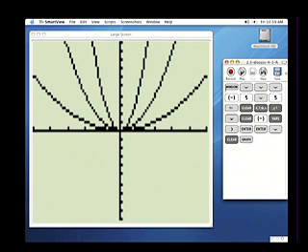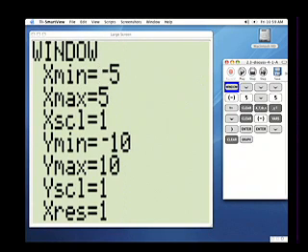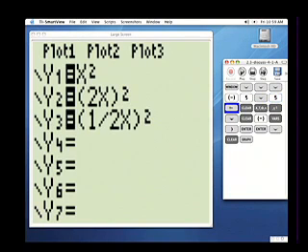But this time we do have to work with the window and make some changes. So click on your window key. We can leave the x minimum and maximums the same, but I want to go back to the y minimum and change it to -5, and the y max we're going to change to +5. Now click on your y equals key, which will bring up this screen, and then the first thing to do would be to clear that out and then enter in our first equation, y equals x squared. Then go down to y sub 2, and this time we're going to clear that out and enter negative,